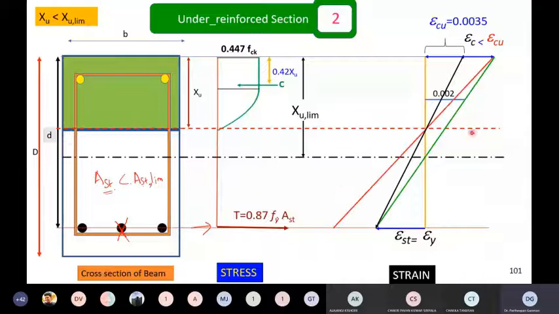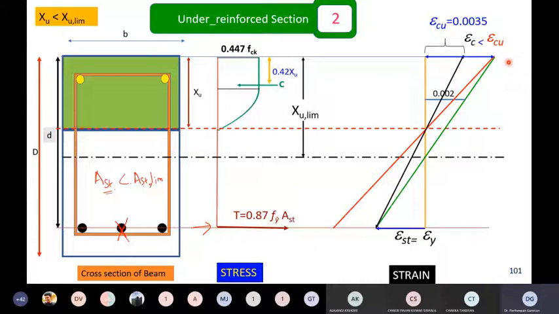Now here, suppose you are further loading and further loading. Your strain in the steel is going to keep on increasing in this way, until this becomes a fulcrum, the center of this. This will always be zero, the strain. So as soon as it reaches 0.0035, your structure will fail because of concrete only.